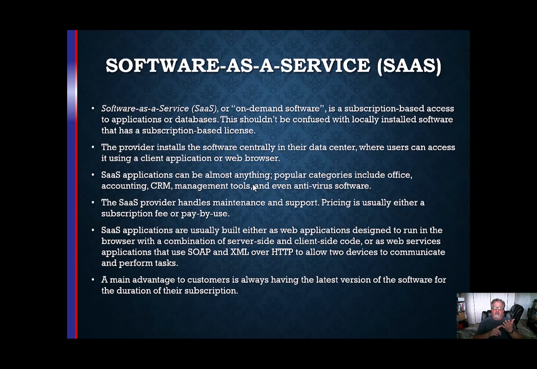So remember, infrastructure as a service was hosting compute, virtual machines, networks, container applications, functions, right? Then we had platform as a service where we were, as a customer, developing applications in a fully provided dev environment. And then software as a service, we're taking an application, we're uploading it to the provider who's installing it centrally somewhere in their data center. And then users are accessing that application over the internet with some kind of a client application or a web browser, right? These are kind of the big three.